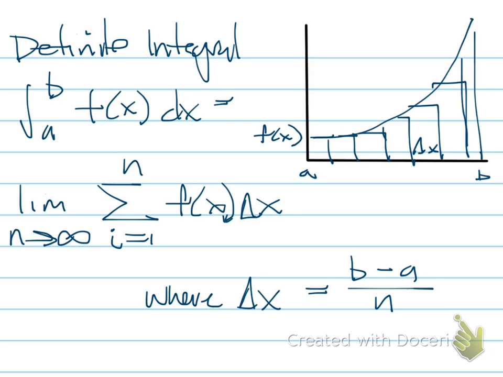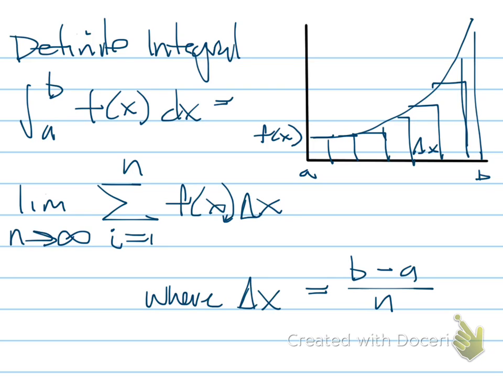So we do that by the integral from a to b of f of x dx is going to be equal to the limit as n approaches infinity of the sum from i equals 1 to n of f of x delta x, where delta x is equal to b minus a over n. In essence, what all that is saying is if you have a series of rectangles and you